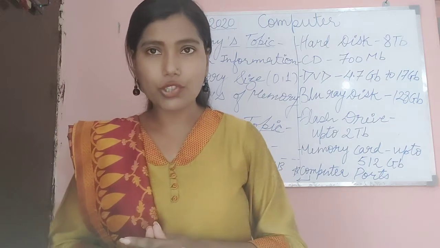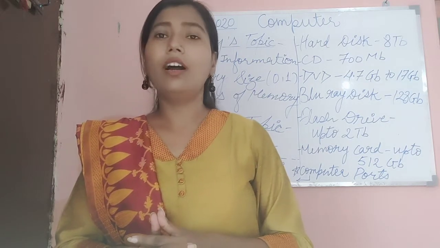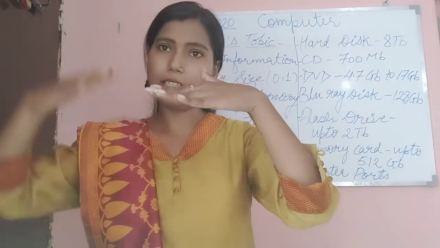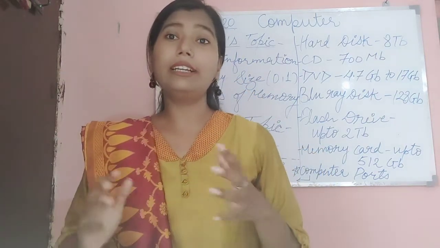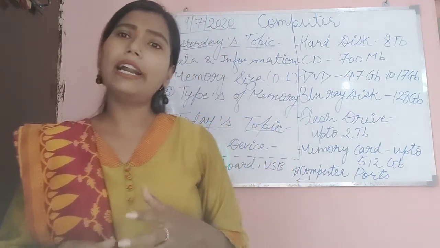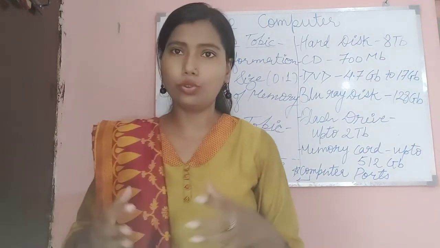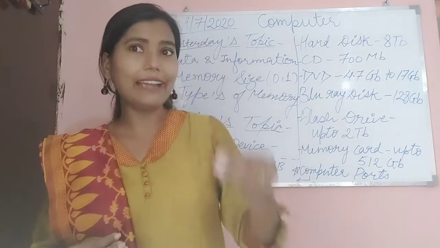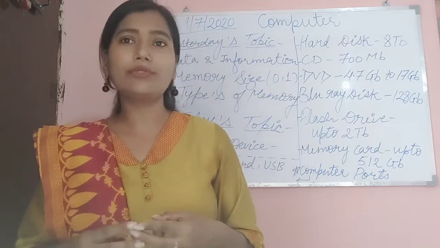It is a combination of different kinds of disk. Disks are placed one above the other like this. They are placed one above the other, and they are in multiple numbers. And the hard disk is placed inside the CPU. You know the CPU box. So the hard disk is placed inside the CPU box, and there are two types of hard disk.